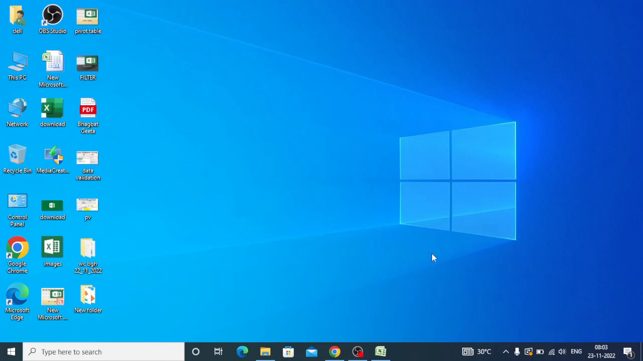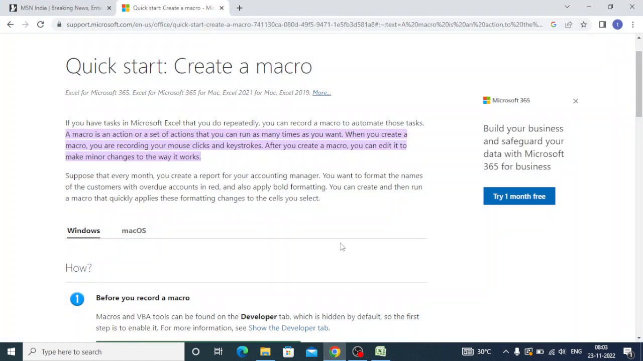Hello friends, today we'll learn how to create a very simple macro and how to save it and use it. Whenever you have any tasks in Microsoft Excel that you do repeatedly, you can record a macro to automate the tasks. Suppose you want some of the selected cells in Excel to be formatted in such a way that the font will be red, it will be bold, and the background will be yellow,